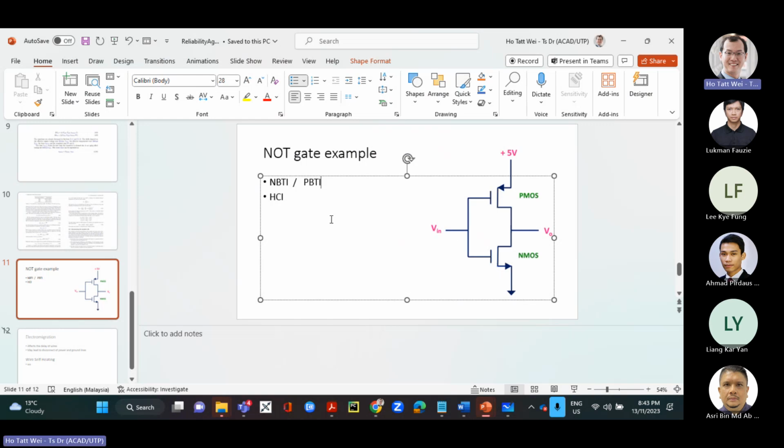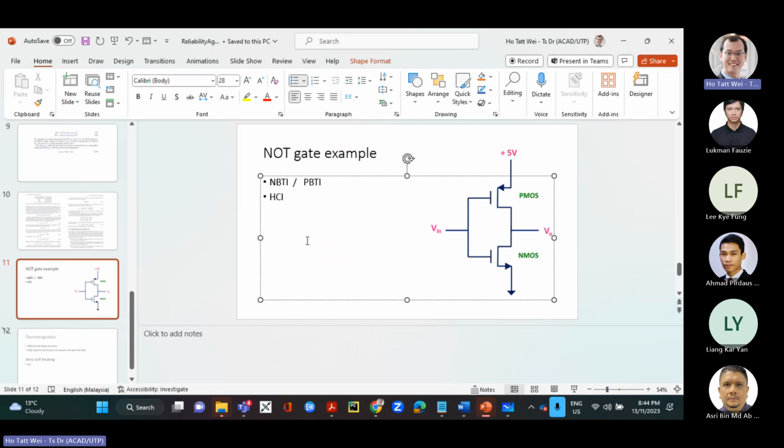And if I tell you that this 1, 0, 1, 0 has, let's say, a 70% duty cycle, that means 70% of the clock period will be at logic 1 and 30% of the clock period will be at logic 0. Then the PBTI will be worse than the NBTI because you have more time of this gate being spent in logic 1. So it's going to age this faster, and less time of the gate being spent in logic 0, which will age this. So you can actually say the PBTI will be worse.